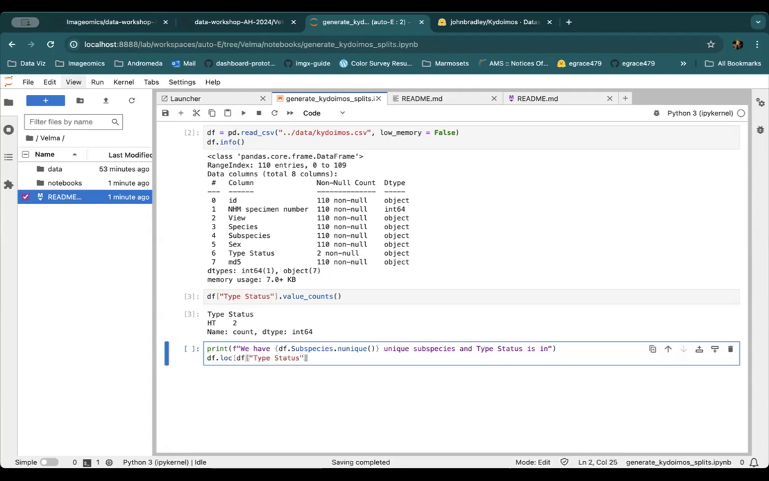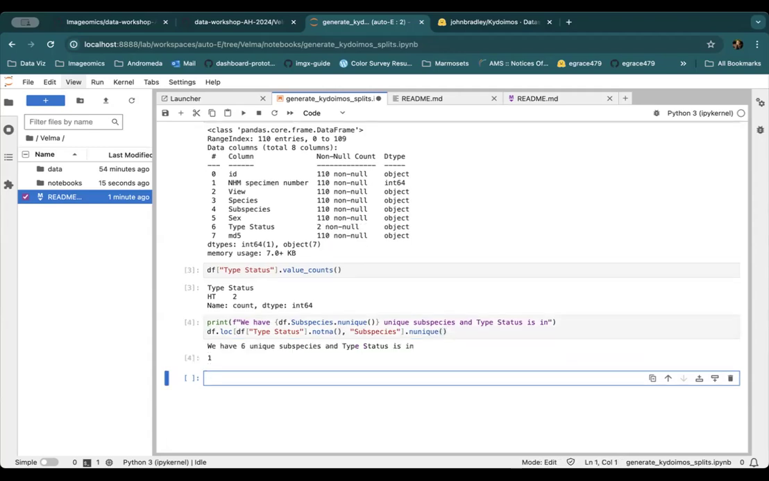You might ask, why am I bothering typing all this out? This is a lot of work, because next semester, when somebody comes back and wants to see what we did and how we made this data set and why we did what we did, they can look at this notebook and the explanation is going to be right there. We have 6 unique subspecies and type status is in one of them. I think we can drop that, right? All right, so